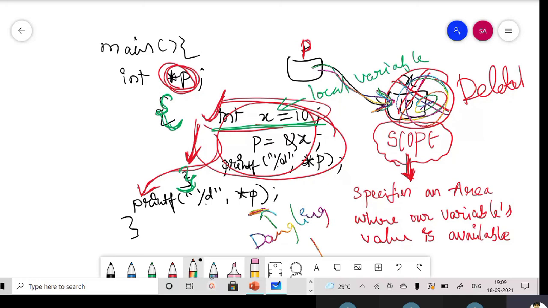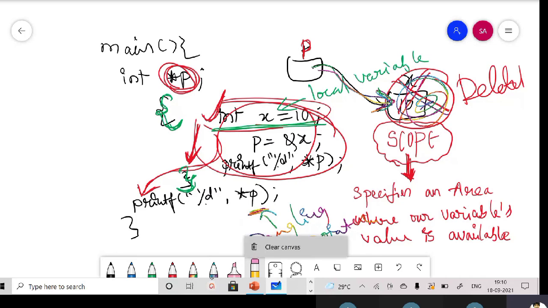Did you get my point, ma? Yes, sir. Got it, sir. So that's called the dangling pointer in a simple manner. If a variable pointed to by a pointer goes out of scope, then your pointer will become a dangling pointer, right? Yes, sir. Okay, very good, ma. So that's one important concept about the dangling pointer.